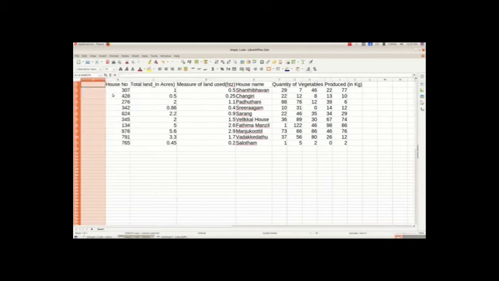So here we got, and we will type the heading serial number. And now we will insert the numbers.